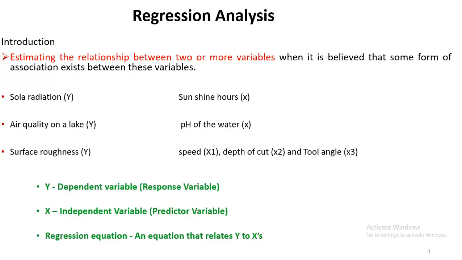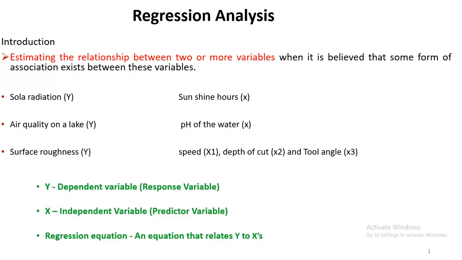These are some examples where a relationship could exist between a dependent variable and one or more independent variables. Right. So the response variable, or the